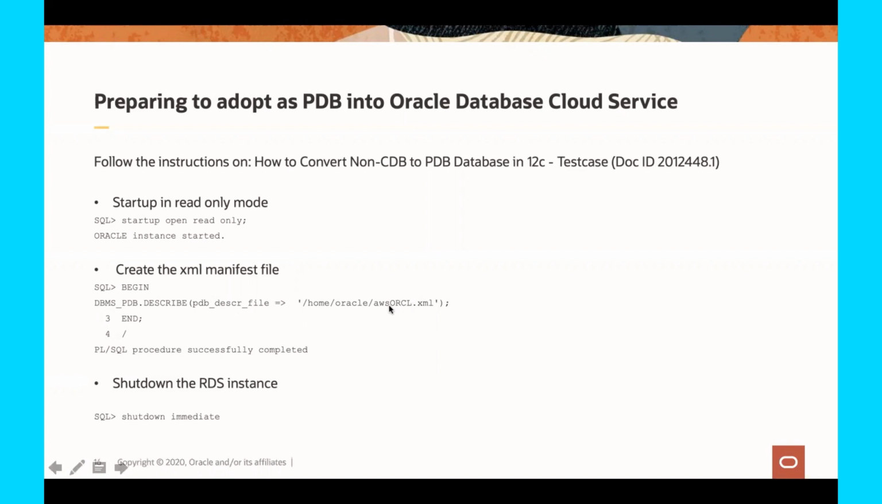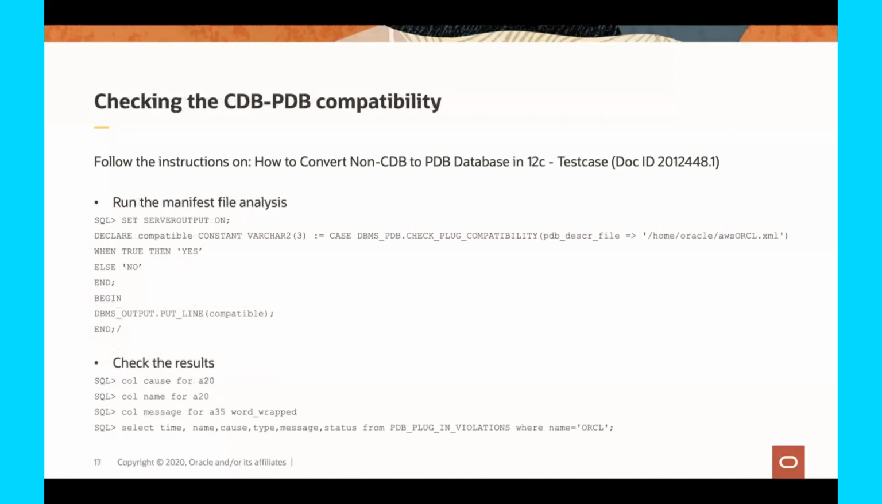We assume we call it AWS ORCL, which is the instance name, .xml. Okay. Once this is done, you can shut down this RDS instance, and you connect to the CDB at this point. So you put back the SID as the original SID, the Oracle home, the Oracle SID variable to the original DBCS SID. And you can connect to the